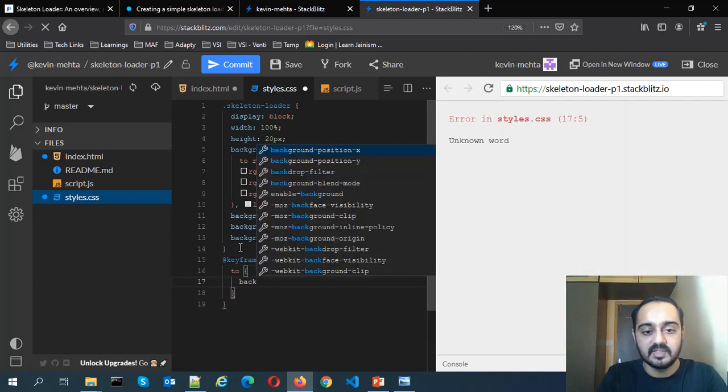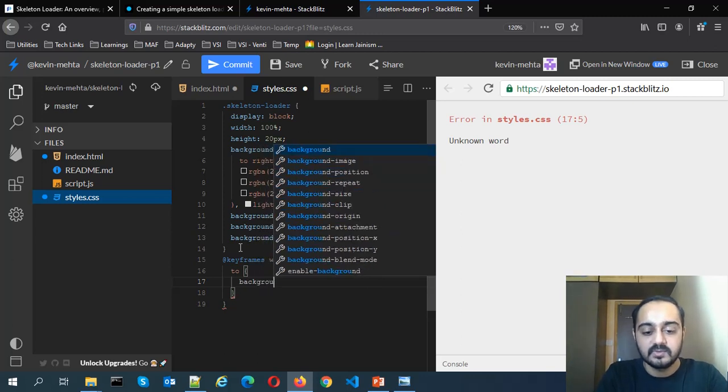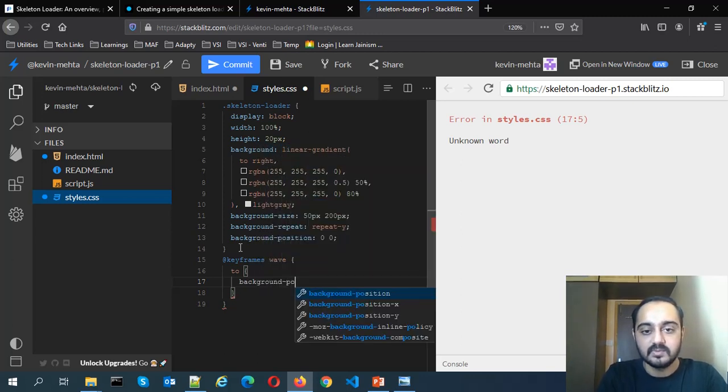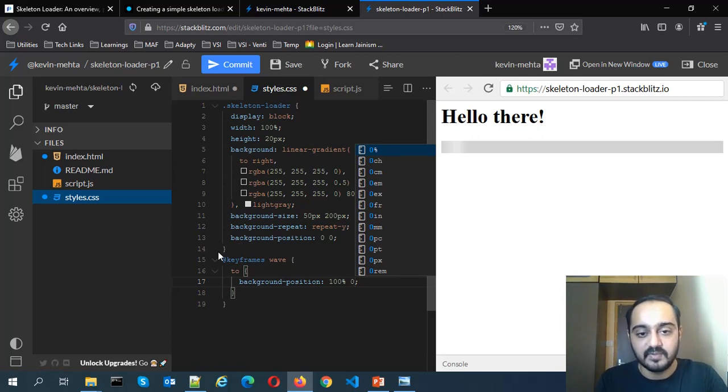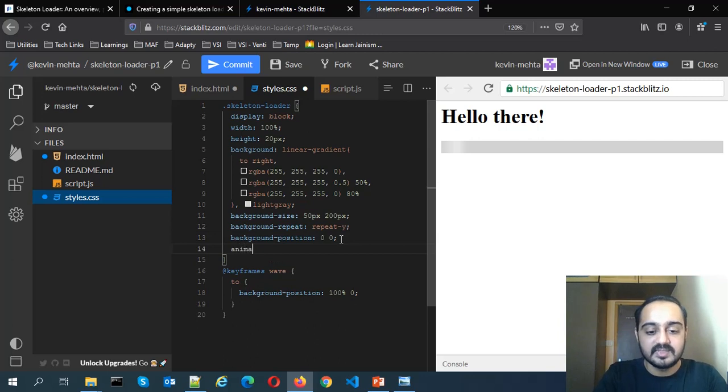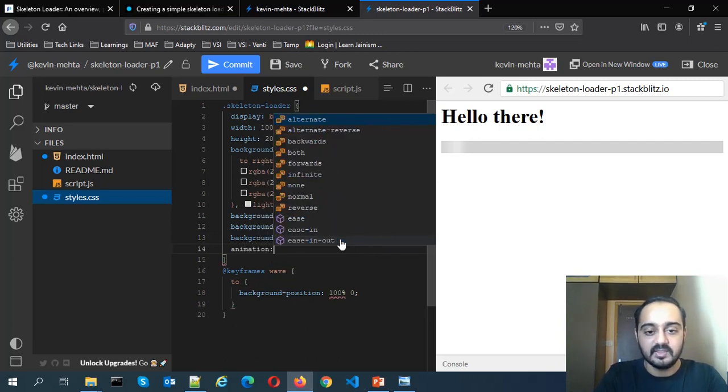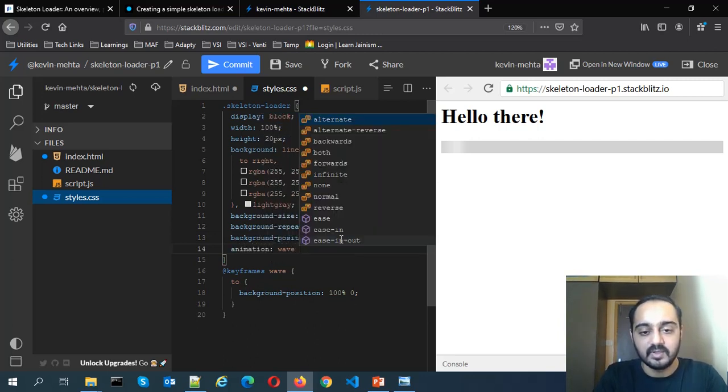And over here we will specify the background position, as we want to move it on the x-axis horizontally. So we will specify it this way. Then let's use the CSS animation property and give our animation.